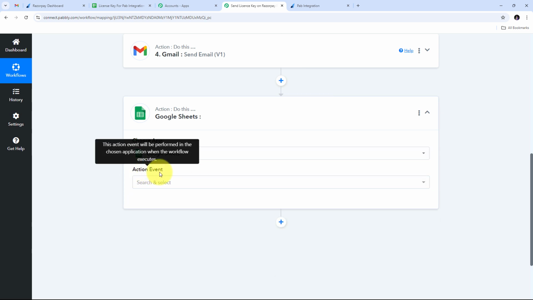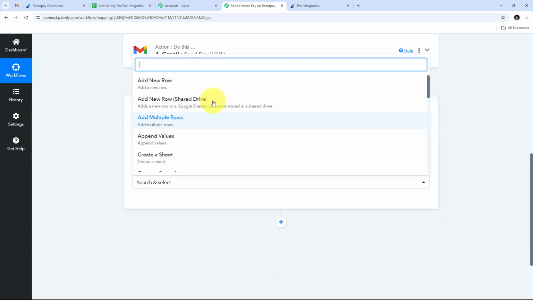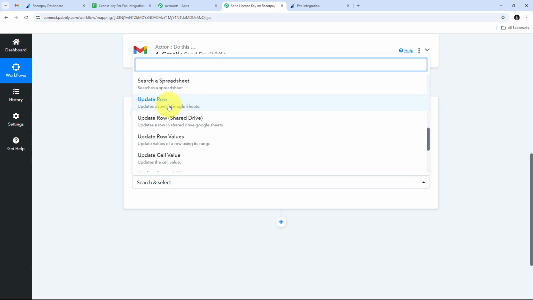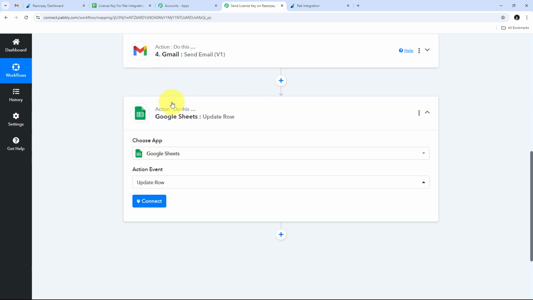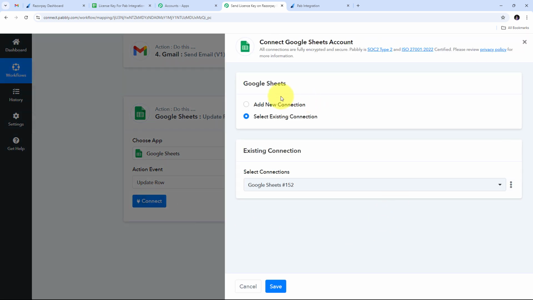Now I have to give my action event, so I'm going to open this tab, and here update row is going to be my action event, so I'm going to select that, and I'm going to connect Google Sheets with Pabbly Connect in my workflow, so I'm going to click on connect, and as I've already created this connection between Google Sheets and Pabbly Connect, I'm going to use this existing connection. I need to click on save,